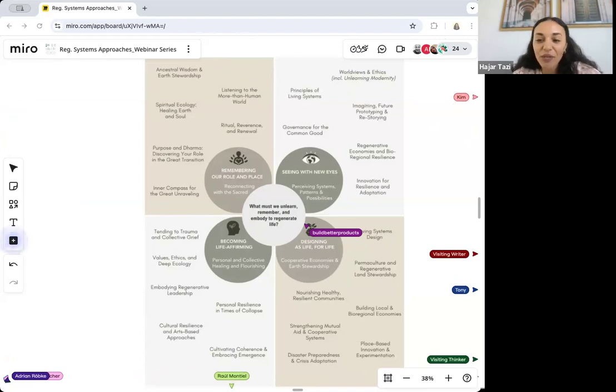And so here we learn how to design systems that really mimic the way living systems operate and flourish. And when we talk about systems, they're ecological, economic, social. And so we explore permaculture, mutual aid, crisis adaptation, bioregional innovation. We explore how to support communities in cultivating resilience and the capacity to respond, or as we may call it, responsibility, not through top-down models, the traditional ones, but through participatory experimentation.